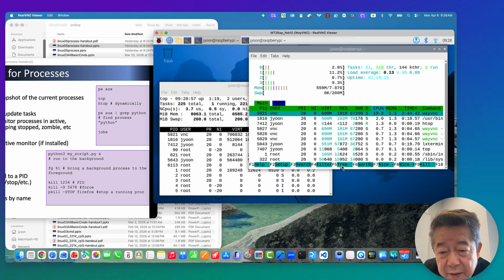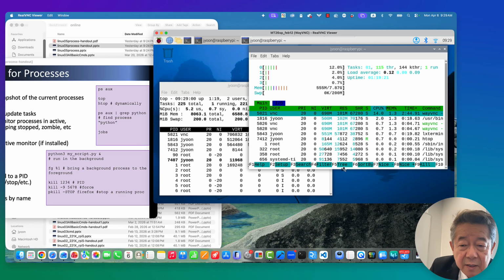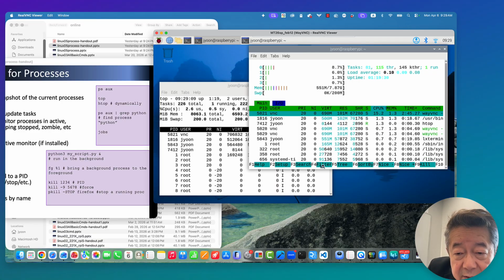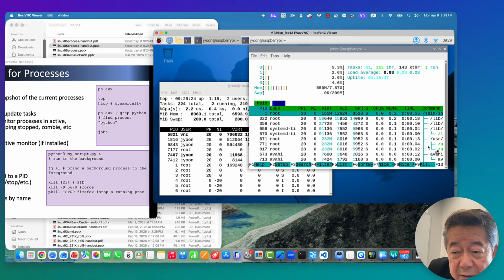And you can make it a tree structure, F5. Let me see if my F5 works. Or maybe click this, filter. I think I did it. This is filter, tree. I have the tree somewhere here, right? On the right, and